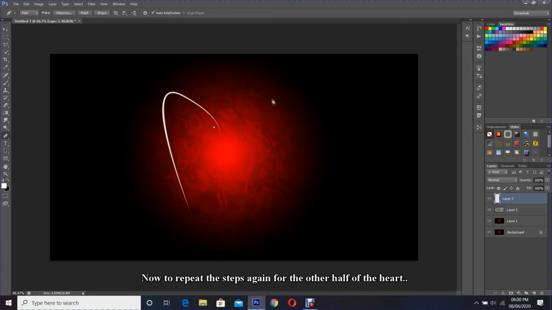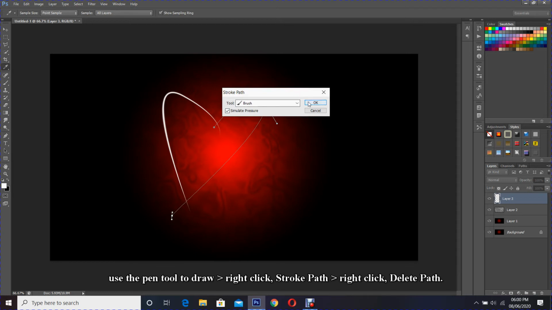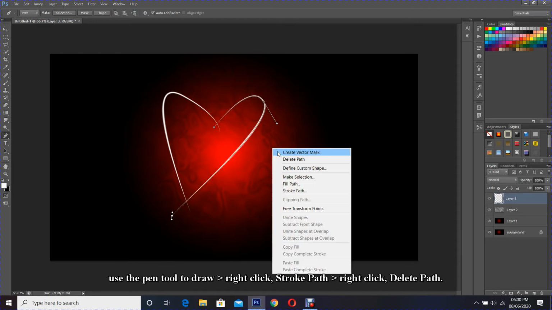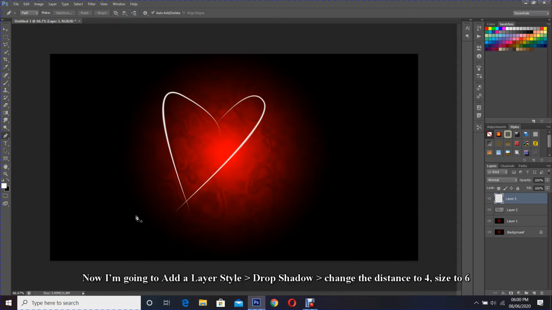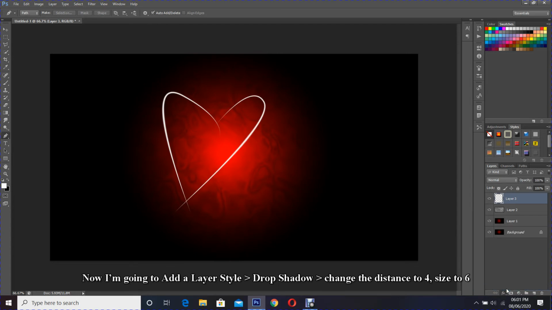Now to repeat the steps again for the other half of the heart, use the pen tool to draw, right click, stroke path, right click, delete path. Now I'm going to add a layer style, drop shadow,